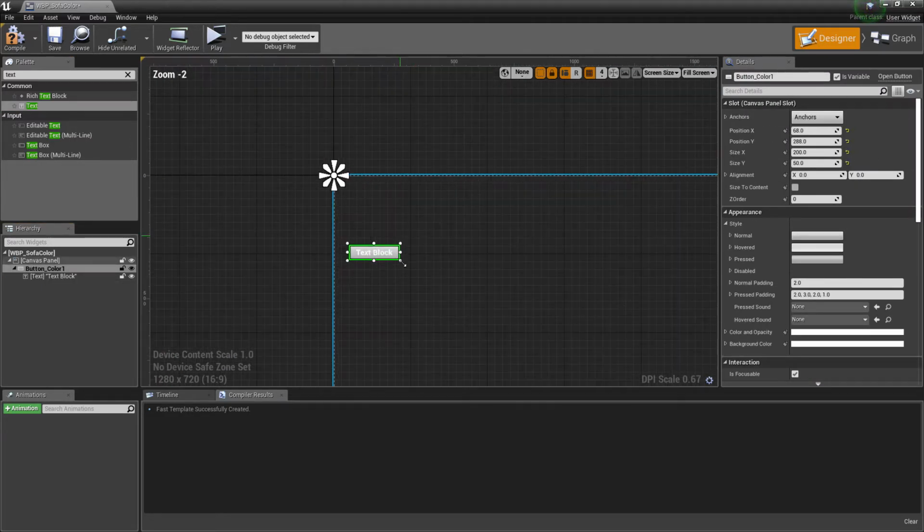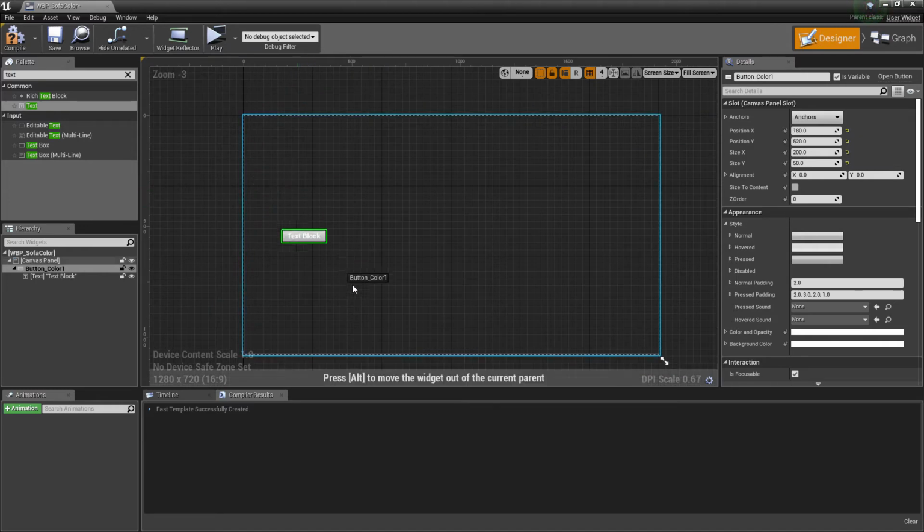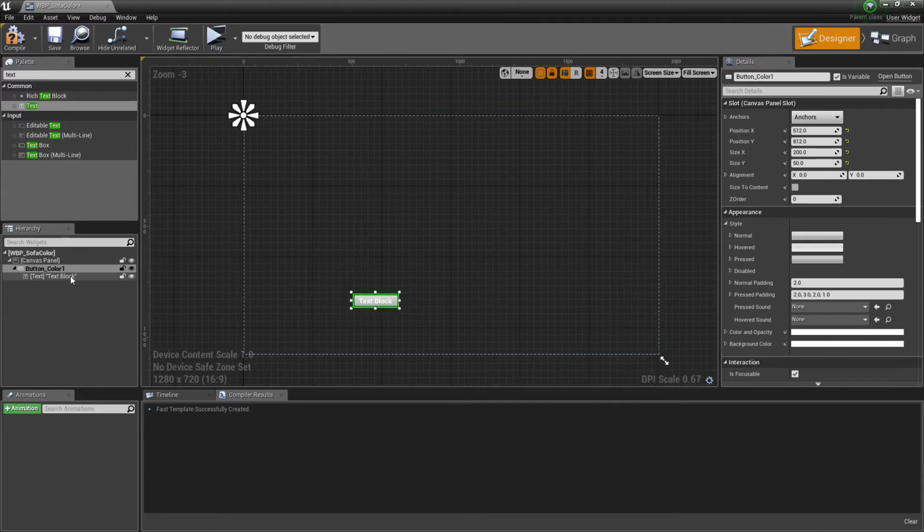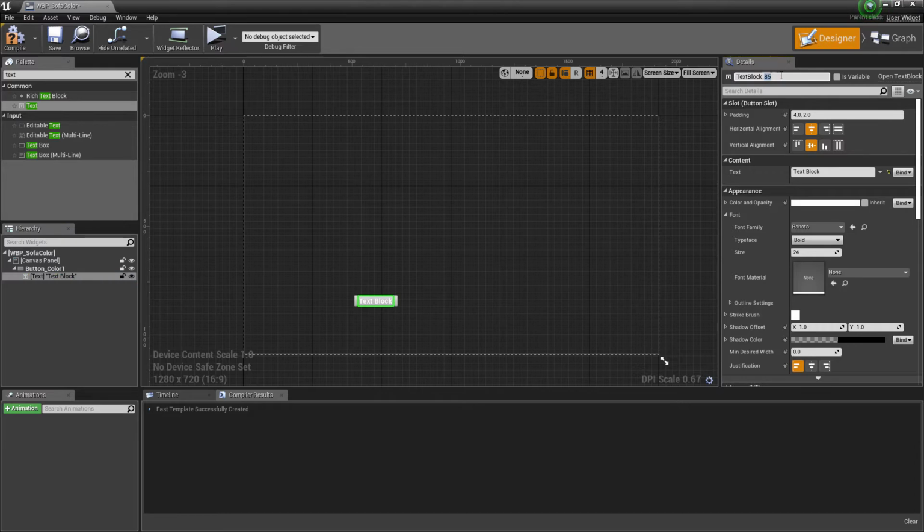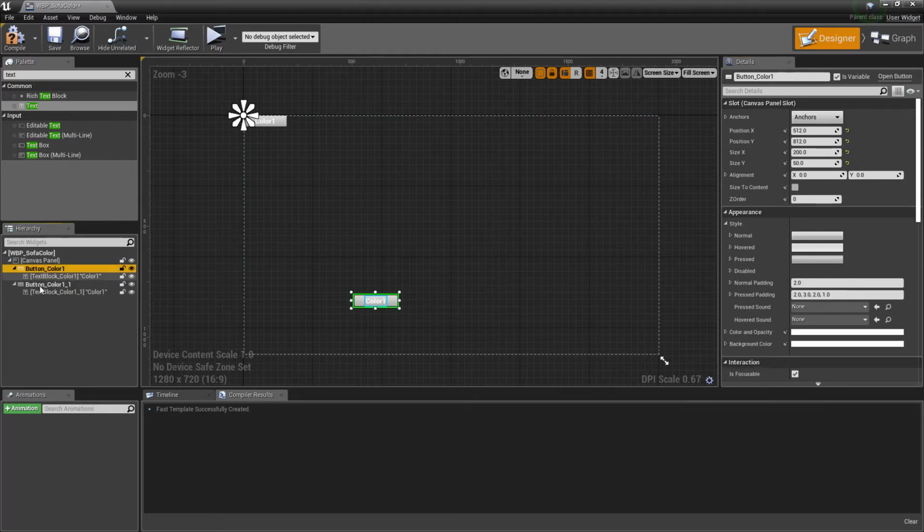Drag the button below. Select the first button and press Ctrl W to create a copy.